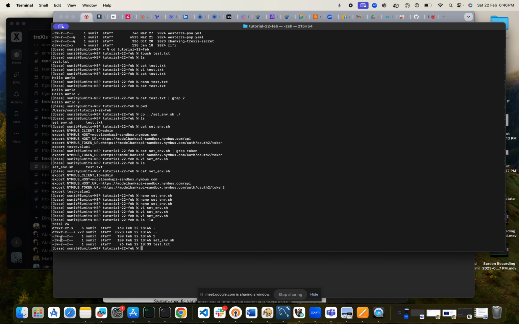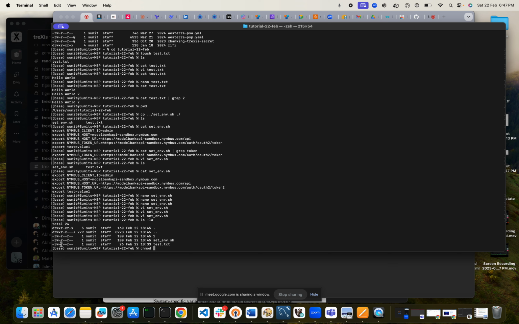So it is like read, write. R is for read, W is for write, X is for execute. If you want to change the permissions of these files, chmod is the command which changes the permissions of a file or a directory. Currently, who's the owner? I created it, so I was the owner. If I just want everyone to read it, not write,